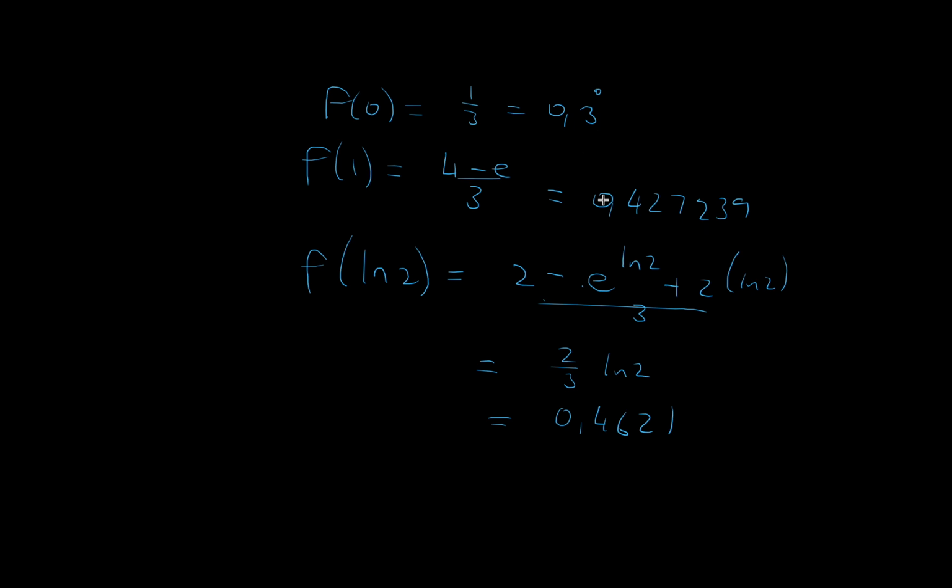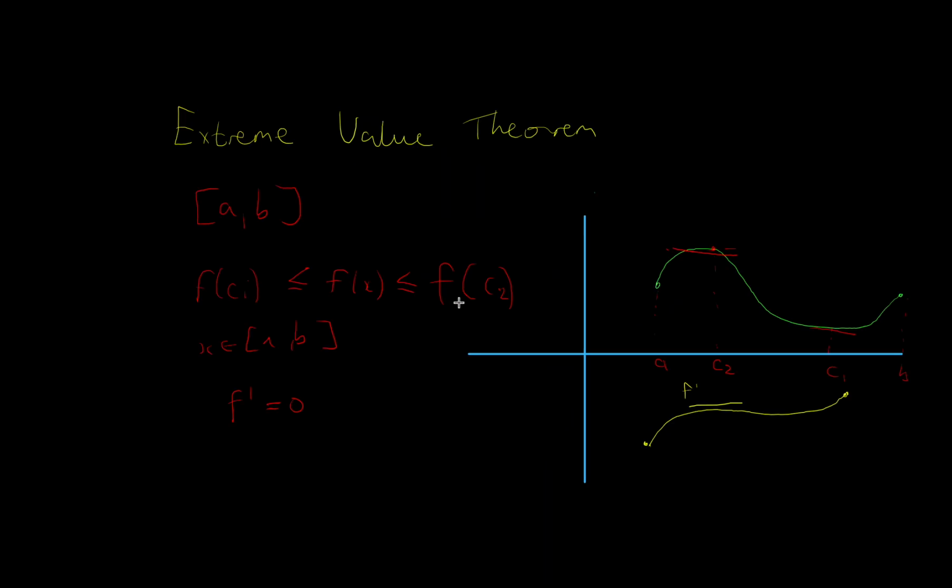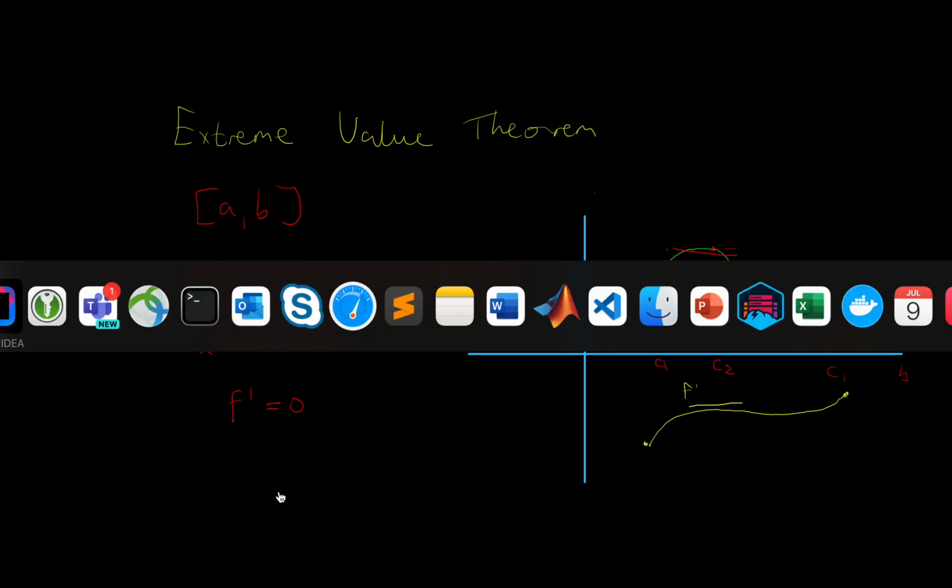Okay, so if we look at this, we've got three points: 0.427, 0.333, and 0.4621. So we'll see that the turning point of this graph is actually where the maximum value is. So we can say the maximum value for x between 0 and 1 of f(x) is equal to 0.4621. So we used the extreme value theorem to determine what the minimum or maximum value would be of a specific graph. We can do the same calculation on